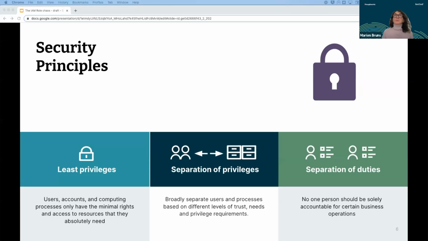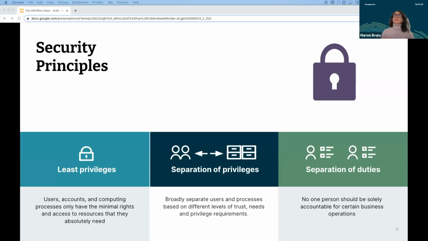The most prominent, or the most common one, is certainly the security principle of least privilege. This should ensure that a user, or also a computing process or account, has only the minimal right to access a resource that they absolutely need.